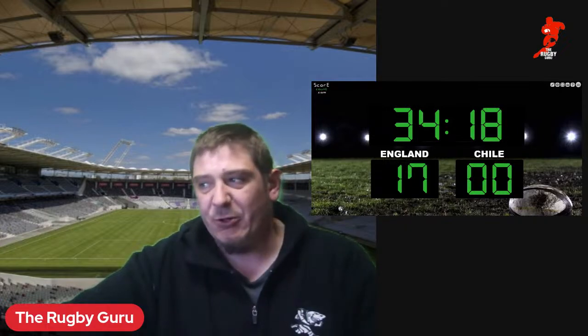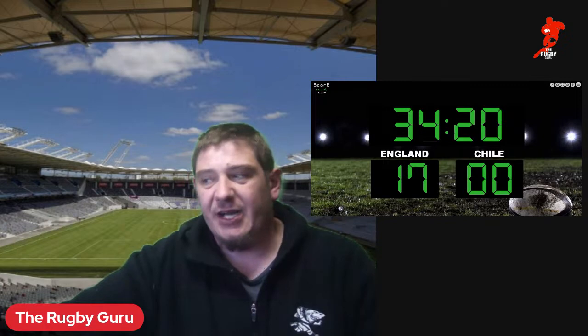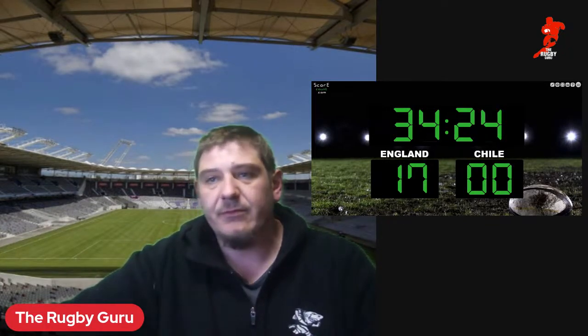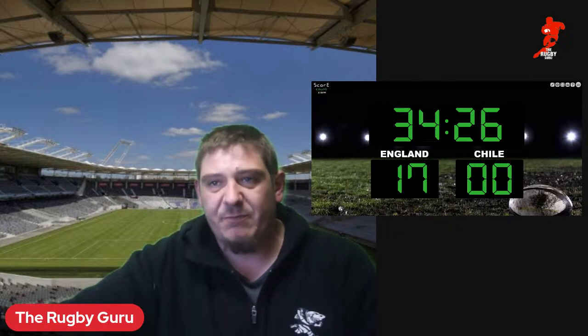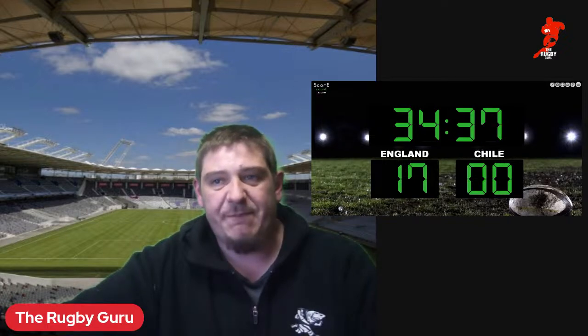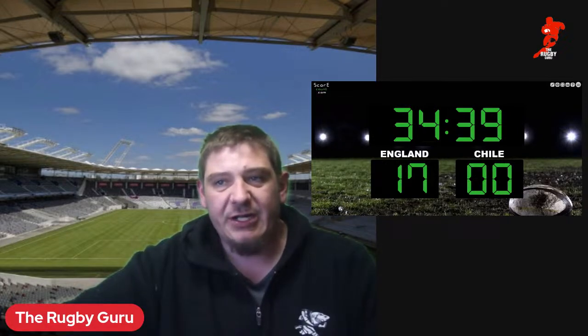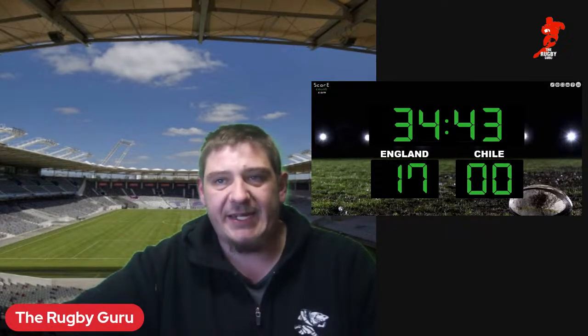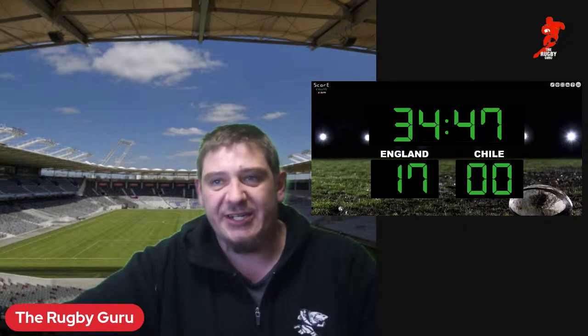Vidal waiting for this ball. Looks like he's going to go with the box kick over the top. And Marcus Smith, beautiful little step from him, up to the 10-metre line now of Chile. Pick up and go from Jack Willis. Now Danny Care again, Owen Farrell looking to hit a half gap there. Now Care again. Back it comes, Max Malins. Now Elliot Daly, pass out to Lewis Ludlam.